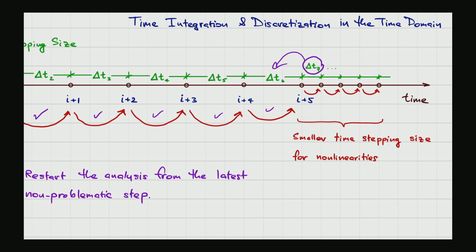So the program might stop automatically due to the inability to converge, to get the converged solution. So it stopped here, maybe at the end of step I+5, because it is not possible to get the solution for I+6. So it stops here. Now the point is that